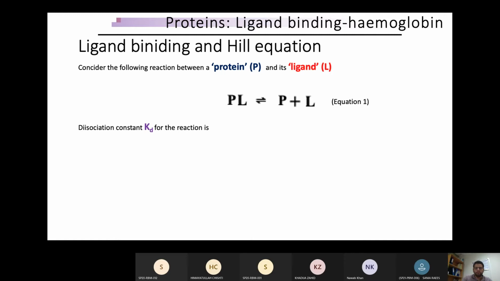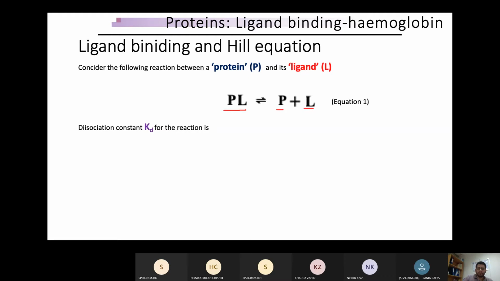For example, we know that this is a general type of equation where you see this is the protein, this is the ligand. So this is a ligand bound protein. We have started with a ligand bound protein, and it is a reversible reaction. So you show it like this, and that means if the reaction is reversible, this ligand bound protein could be dissociated into the protein fraction and the ligand fraction. So protein and ligand join together and make the protein ligand complex, and this protein ligand complex dissociates itself and makes protein and ligand both together.